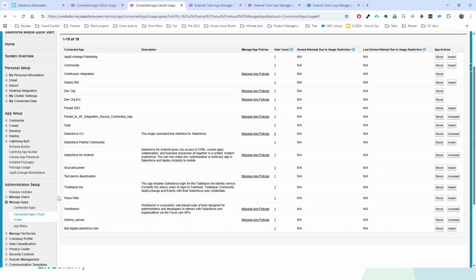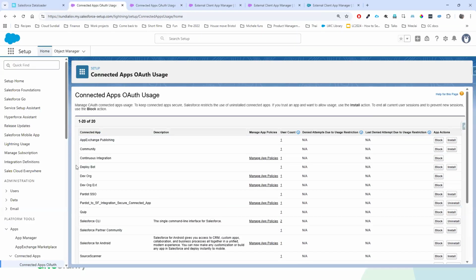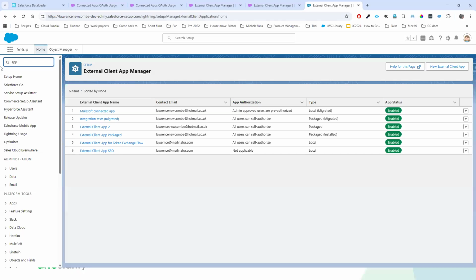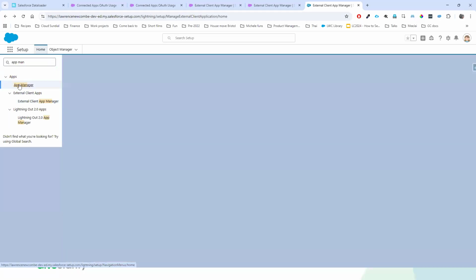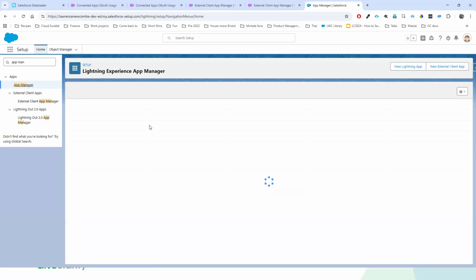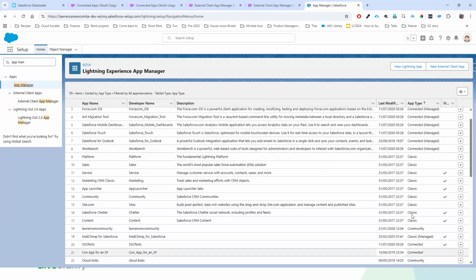Good question. Let's see if we can find something equivalent. I know there's a distinction between connected apps and connected apps (managed installed). Sorry, brackets managed, I think is what I was thinking.